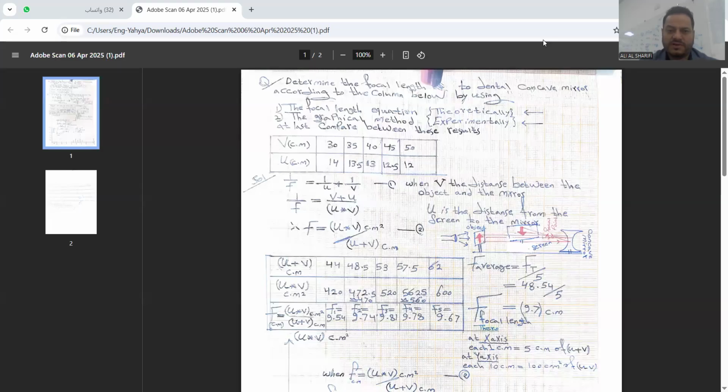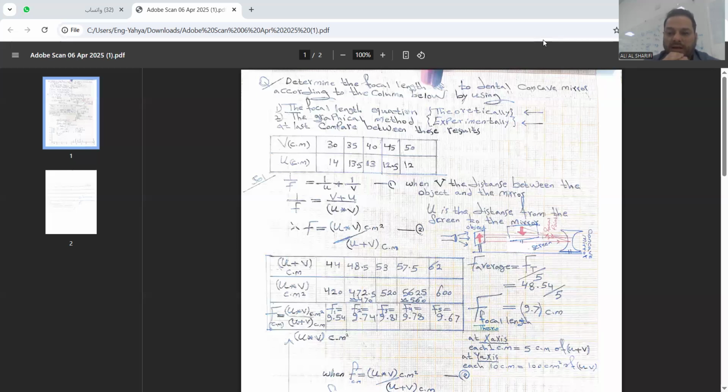Bismillahirrahmanirrahim. Good evening, guys. Today, our purpose will be to know how we can determine the focal length, but here in this week, we'll learn how we can do that for a mirror, not a lens. I mean, a concave mirror: how we can use the focal length equation and how we can determine the same focal length by using the graphical